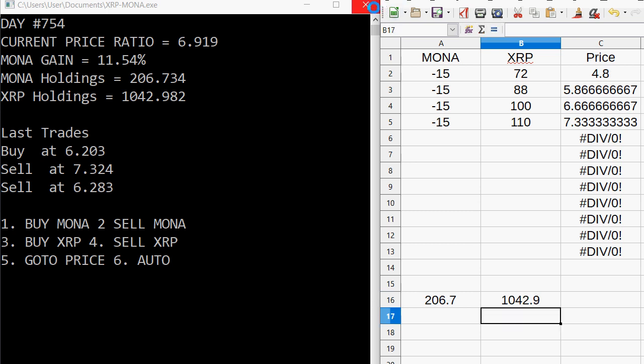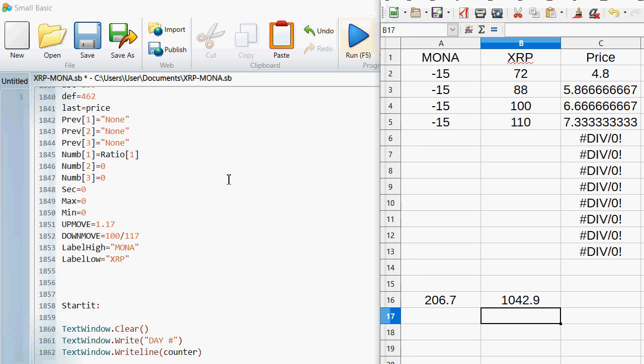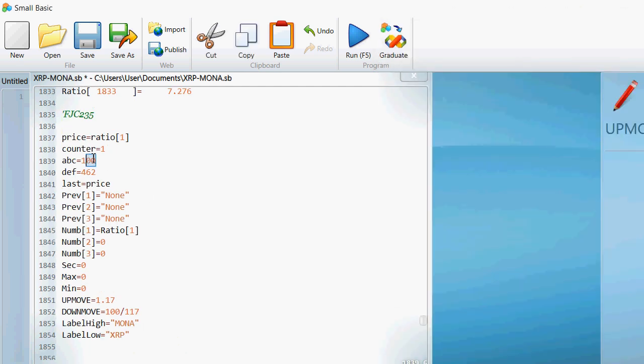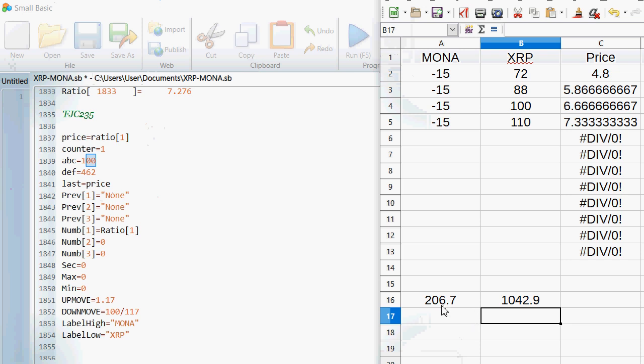I mean, there's a lot of days to go, but I just want to end this game. I'm showing exactly, I mean, it's just going to be the same sort of deal over and over again. So I started off with 100 of this first coin. So I would increase that to 206. That's a gain of double. Microscopically better than double. And then 462 to 1042. Now we're looking at a 2.5x. So about 120, 130% over close to 2 years,